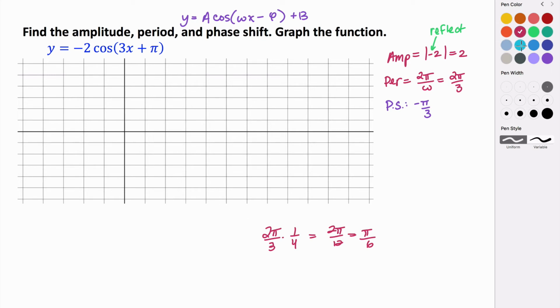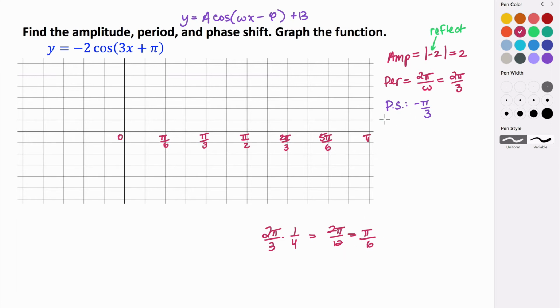So we have 0, 1 pi over 6, 2 pi over 6 is pi over 3, 3 pi over 6 is pi over 2, 4 pi over 6, that's 2 pi over 3, 5 pi over 6, 6 pi over 6 is pi,